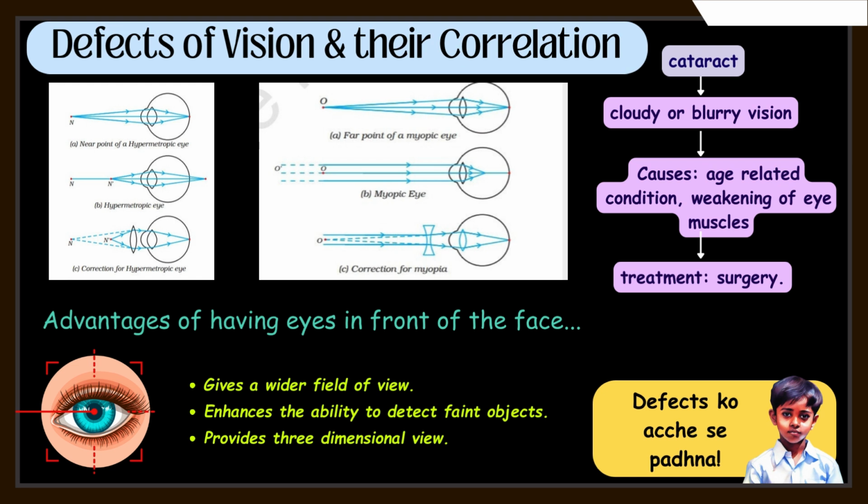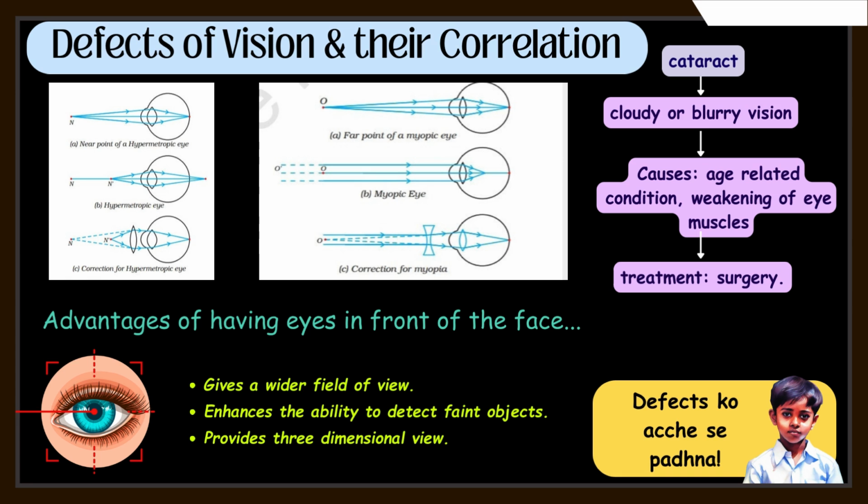It gives us a wider field of view in front. It helps us detect faint or faraway objects more easily. Most importantly, it provides a three-dimensional view, allowing us to judge depth and distance, which is very helpful in daily life, especially while walking, driving, or playing sports. So whether it's eye defects or the structure of the face, every feature in our vision system is wonderfully designed